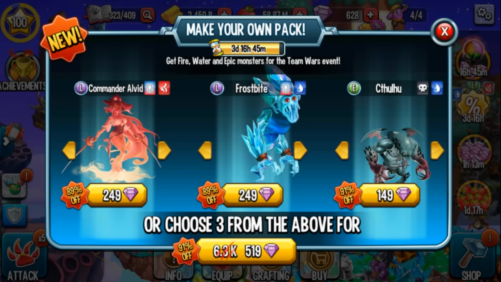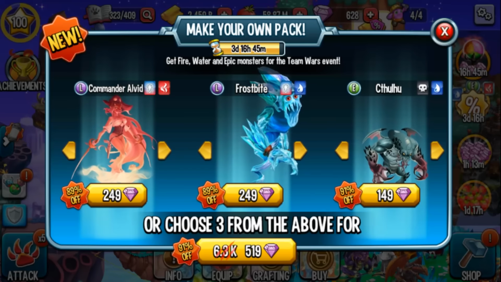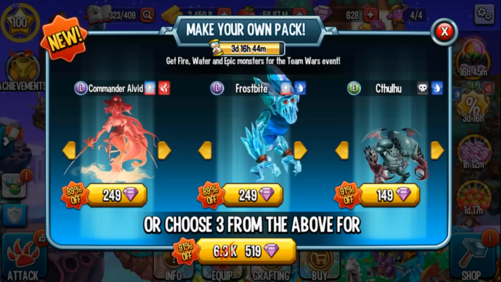In this video, I'm basically going to go through all the monsters available in this make your own pack event, and I'm going to be talking about their pros and cons, and then ultimately with the advice I gave you in this video, you can decide for yourself if you want to create your own pack or just buy an individual monster. So with that being said, let's start off with epics, then we'll move on to water monsters, then